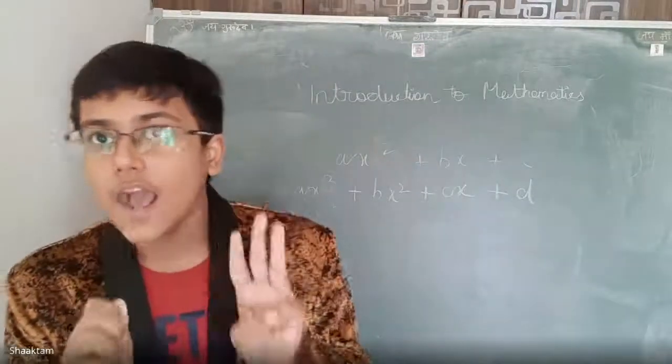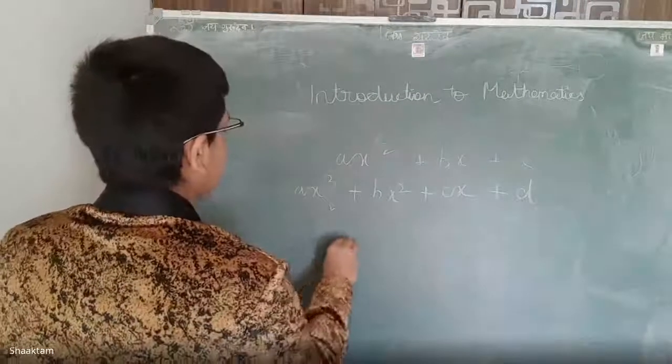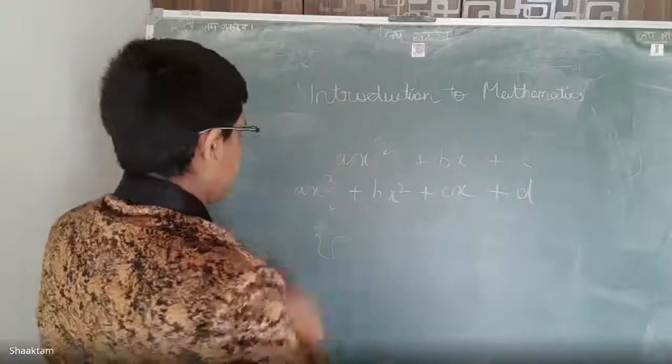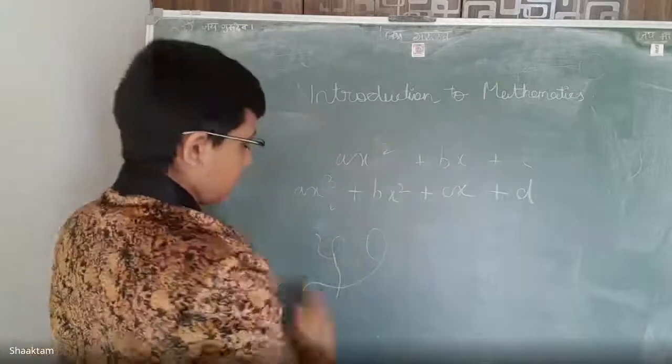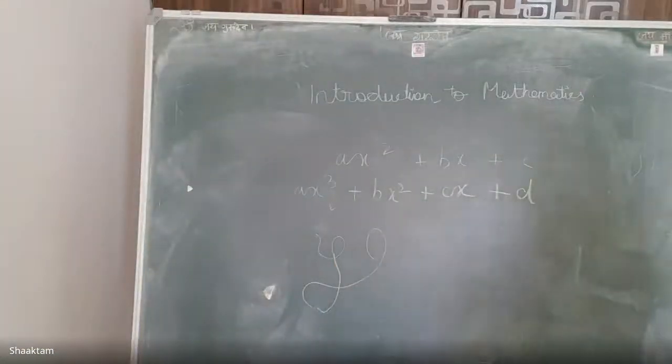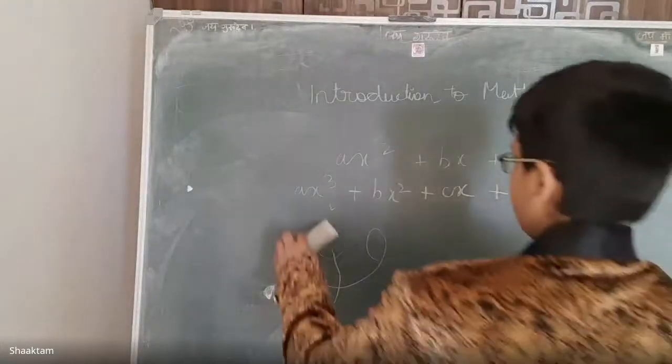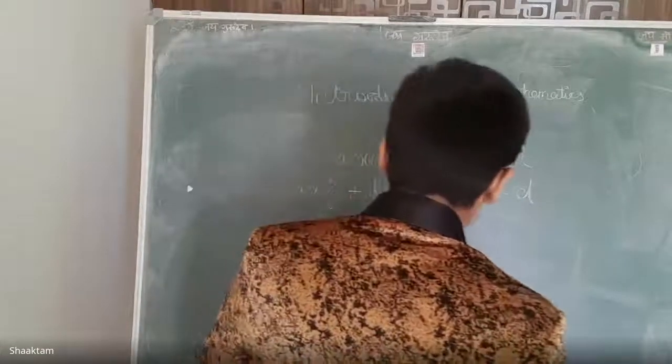Let it be gamma. So if alpha, beta, and gamma are the roots of a cubic polynomial,